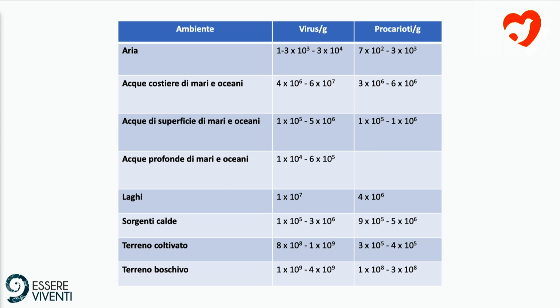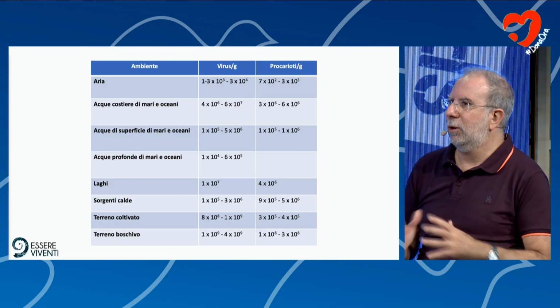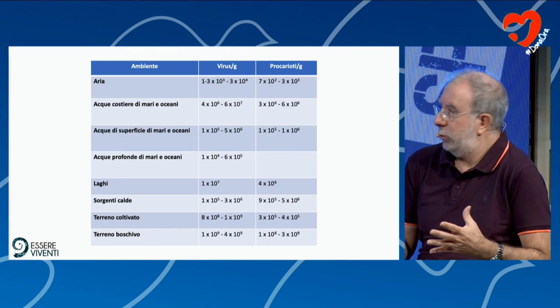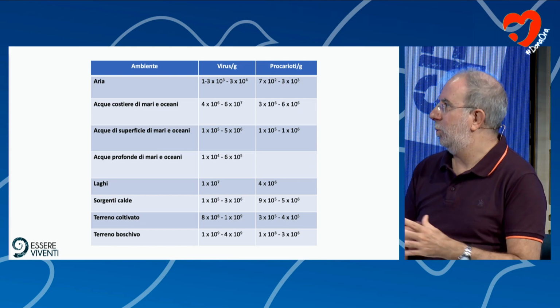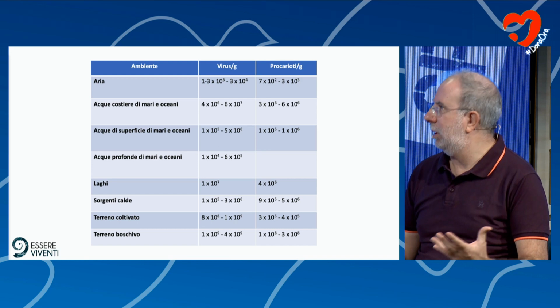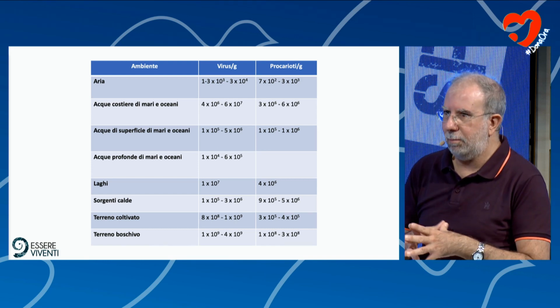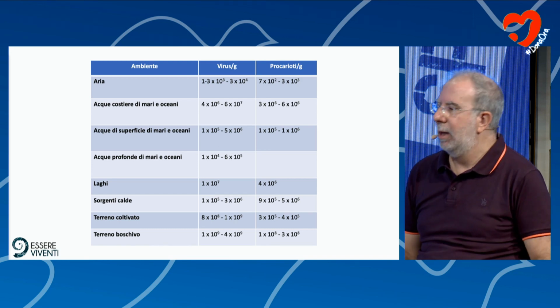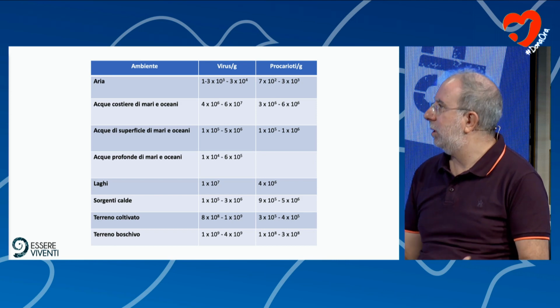The farther we go from the coast, the more the number decreases, and also if we go deeper into the water. But generally speaking, the number of viruses is 10,000 for each ml, and most of these viruses are bacterial viruses,